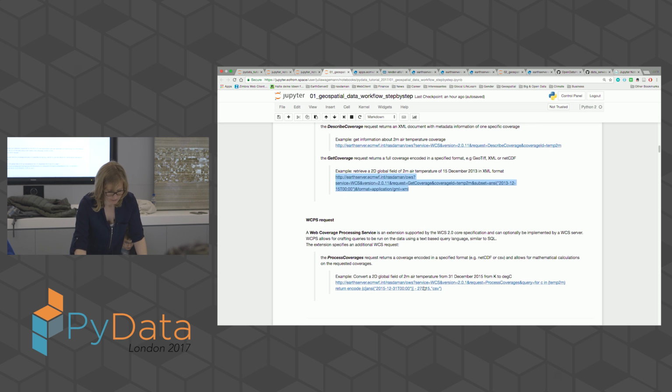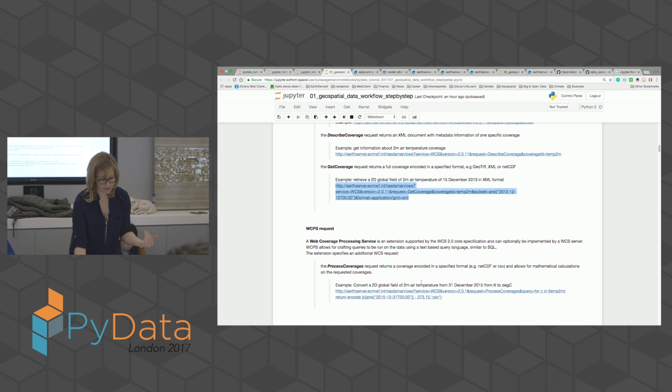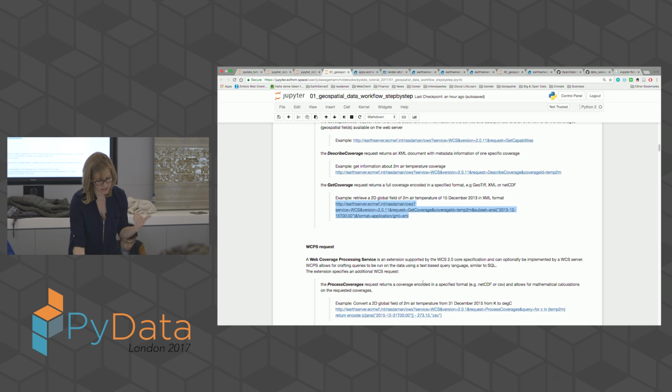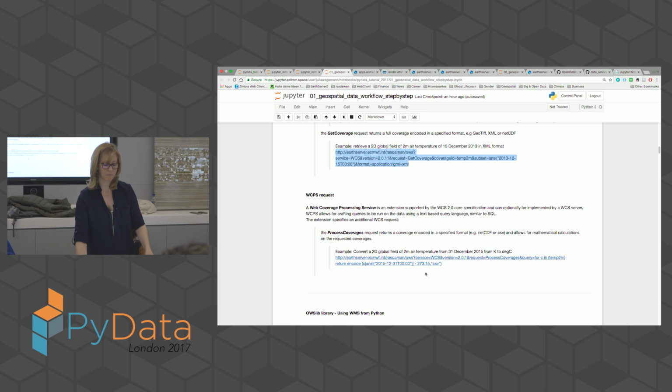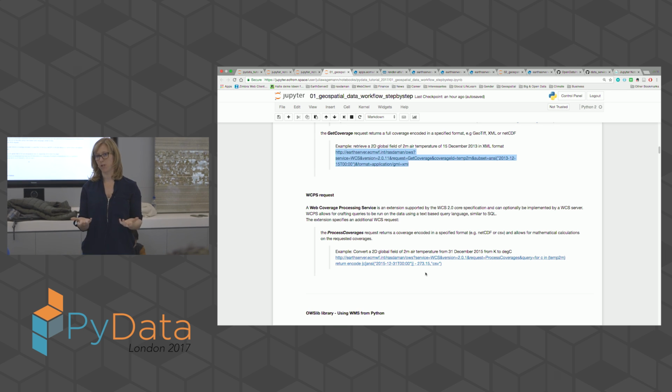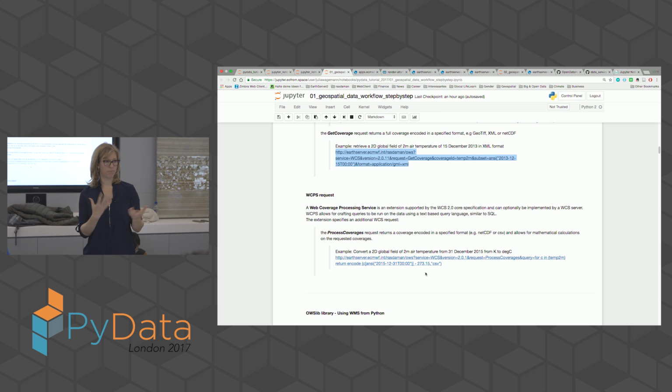Okay. So this is the request types for WCS. So get capabilities, describe coverage, and get coverage. And then because geospatial data are usually large in volume, we have to process the data to reduce the volume and to get the information we actually need. But we don't want to download the data, so best is actually to have the processing right at the server